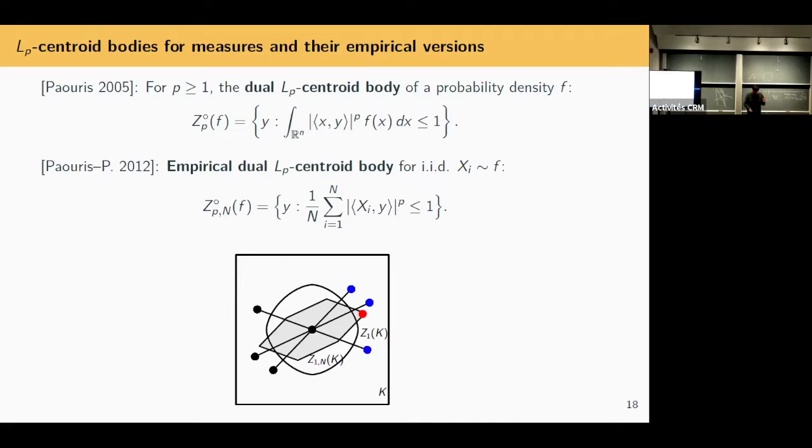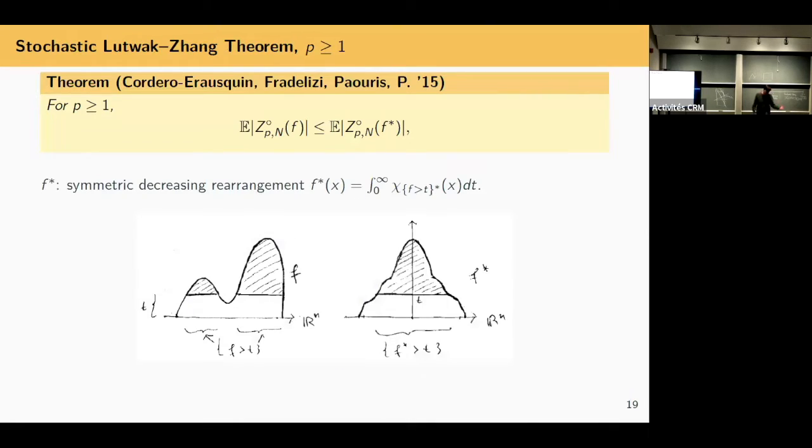It also uses convexity, the fact that p is bigger than 1. But it turns out that this random description has some advantages in terms of analysis, that you can work with a random description to treat the p less than 1 case. So here's a theorem, also joint with Dario Cordero-Erausquin and Matthieu Fradelizi.